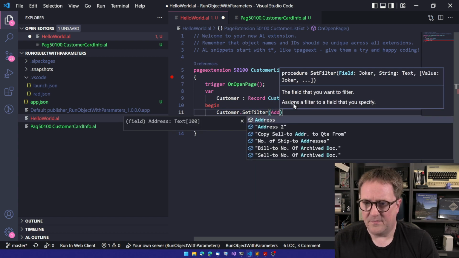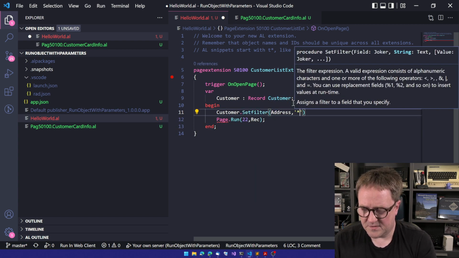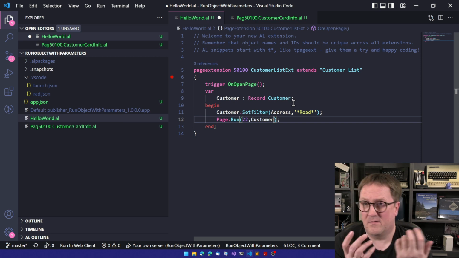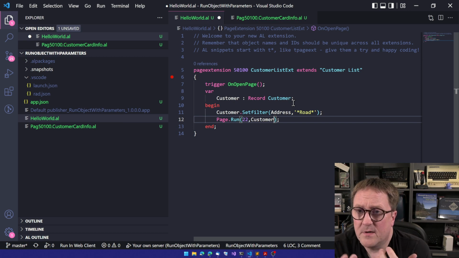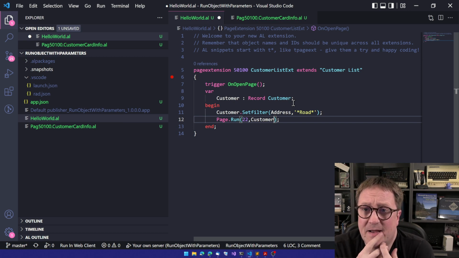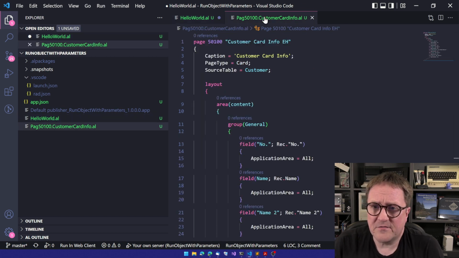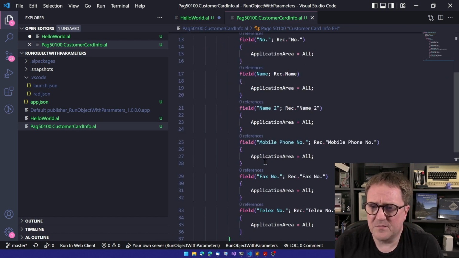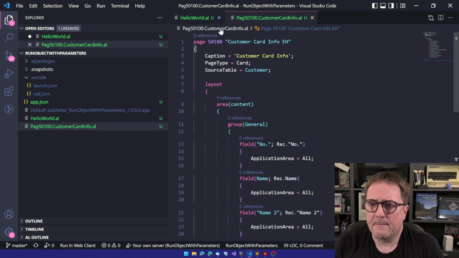on the address field that it needs to contain the word road in it, and then I will open the customer list again with that filter. So now I'm clearly passing a parameter to the page, and that could be great. So let's say I actually created another page here. Here is just a simple customer page with a few fields in,